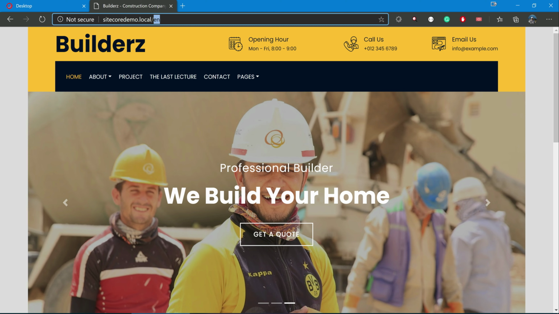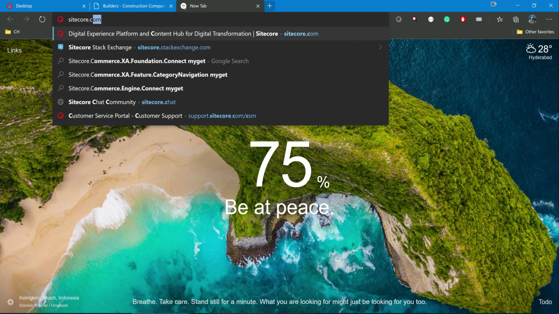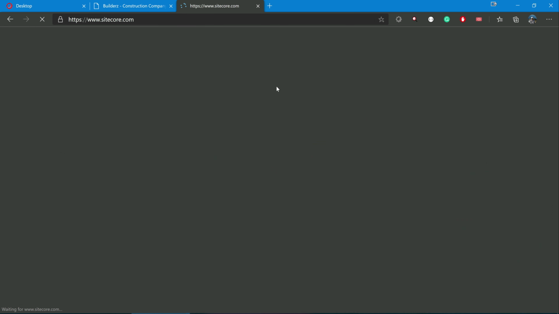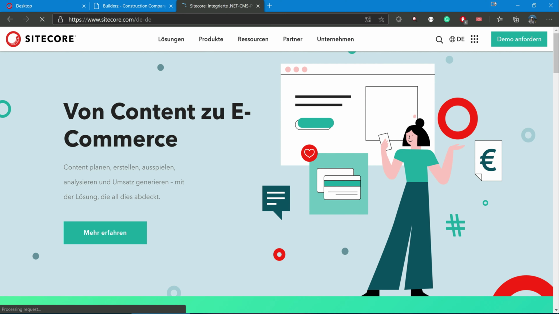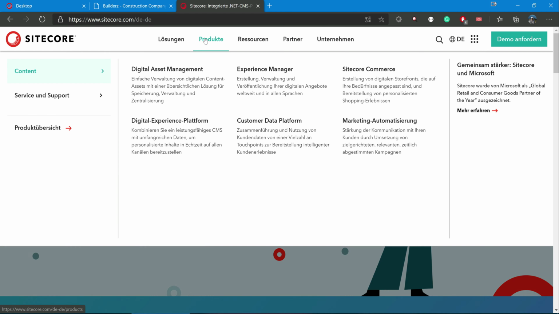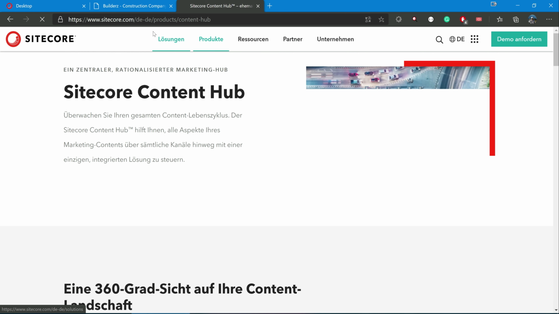In an ideal scenario, let me just show you sitecore.com itself. If you go to the Sitecore main website, this is multilingual. In a typical scenario, you will have a dropdown somewhere, usually in the top right corner. If you click on that, it will open the languages. If you select a language, say German, notice that the language context is changed. Once this context is changed, if you keep browsing, it will keep in the currently selected language only.